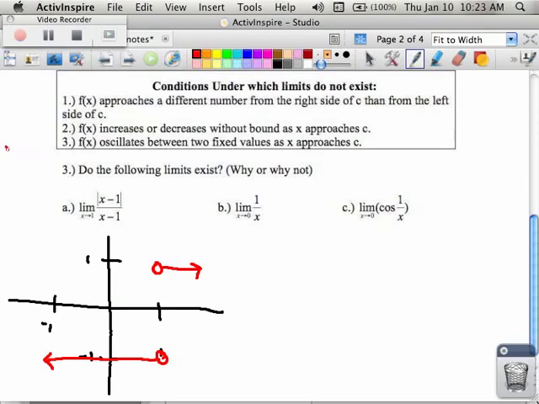In this function, if I look at what's going on from the left-hand side, so here I am, I put my finger on the red graph on the left-hand side, and I come closer and closer and closer to the x value of 1, because the limit says that my x value is approaching 1. You guys see that down below? Right here, x is approaching 1. As I get closer and closer to that 1, what's my y value? Louder. -1. As I come in from the right-hand side, closer and closer to the x value of 1, what's